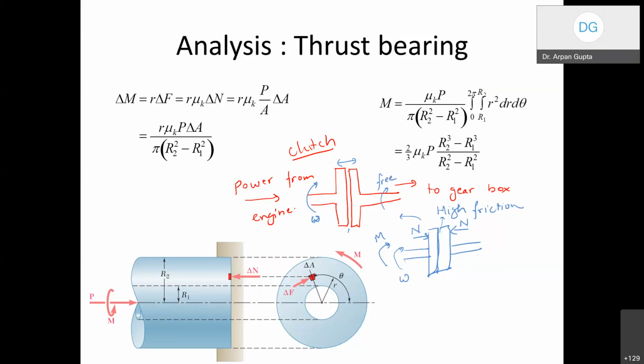When you provide a gap here, this shaft is still moving with an angular velocity omega because it is connected to the engine, but this shaft is free because of disengagement of the clutch plate. And if this is free, now you can change your gears freely. And once you change your gear, you again release the clutch pedal. The moment you release it, the plates will stick together again and the situation will become like the blue figure, and again the same omega will be transmitted to the shaft. So that's the basis of the clutch mechanism.